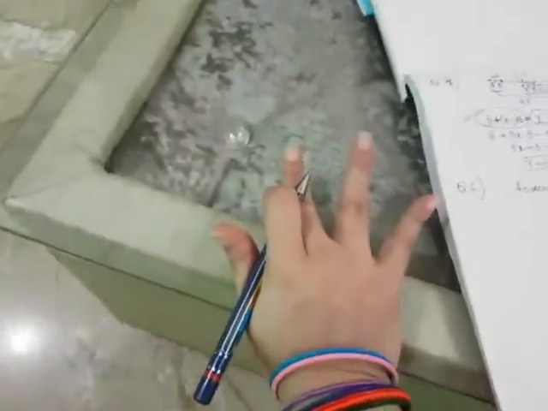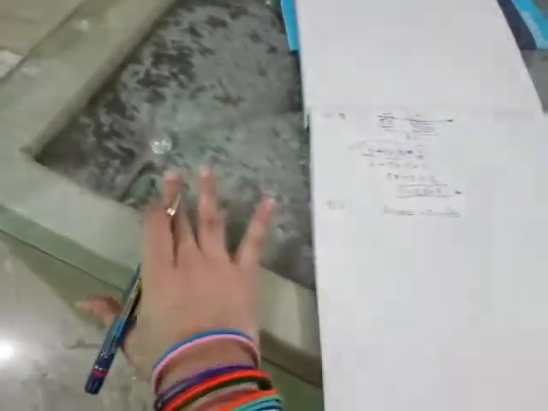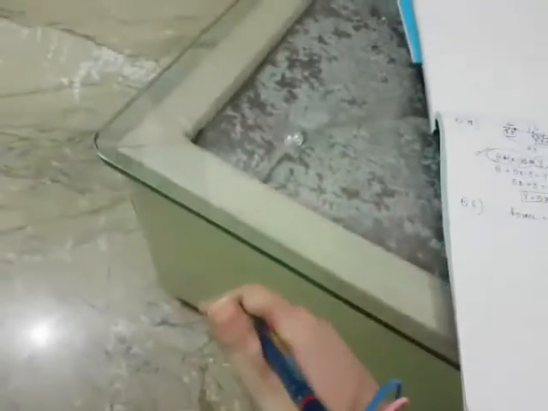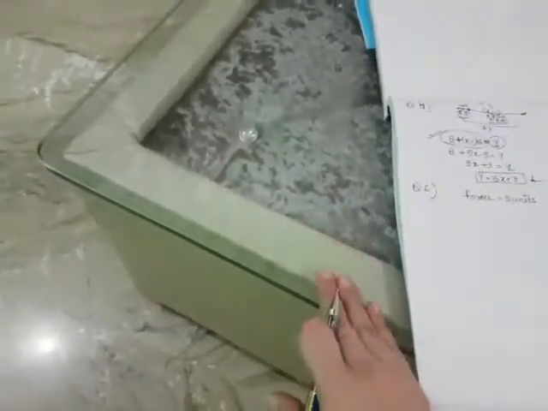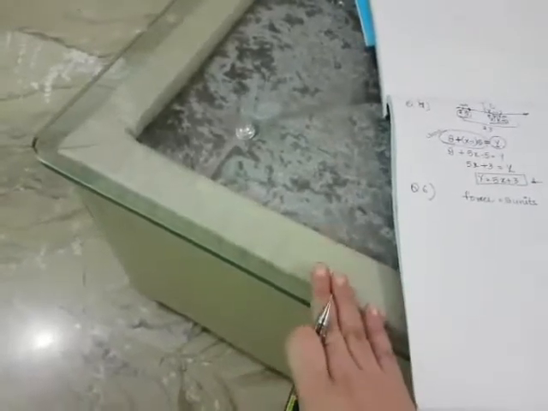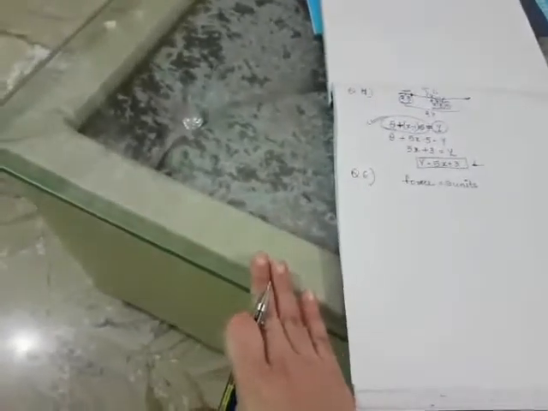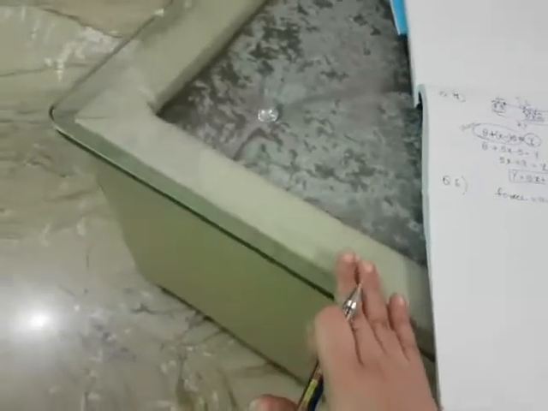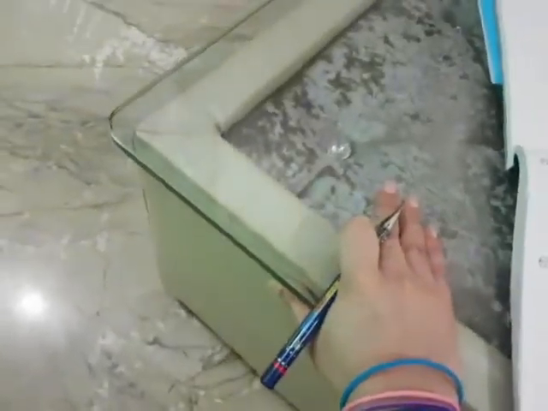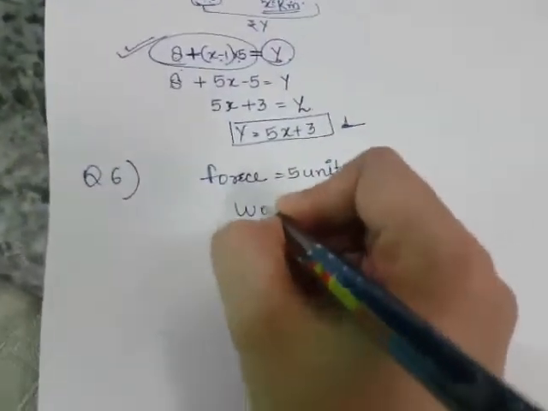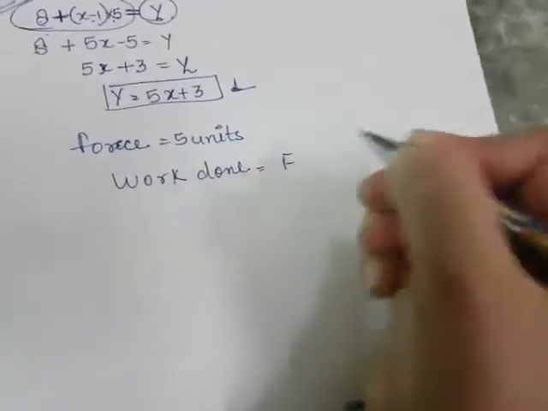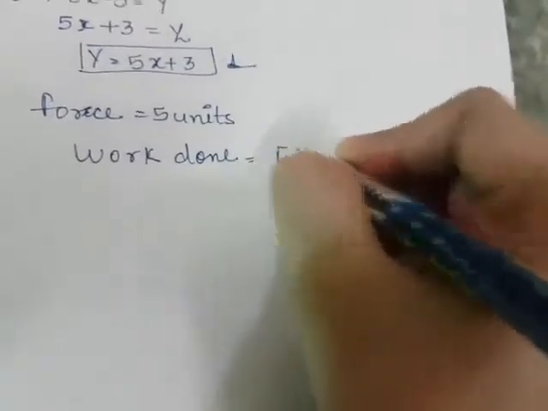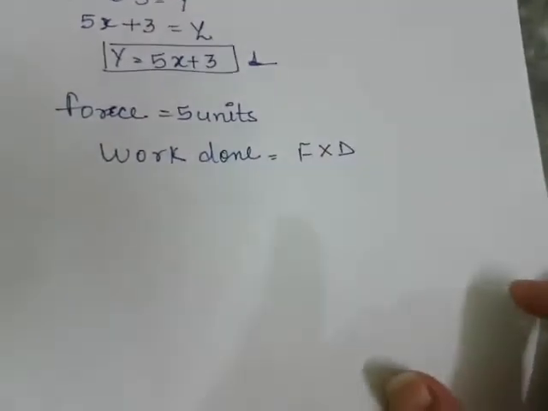जैसे ये फोर्स अप्लाई किया मैंने, तो यू कैन सी कि मेरा काम हो गया. काम क्या था, मुझे इस टेबल का प्लेस चेंज करना था. तो वर्क डन, मेरा काम कब पूरा हुआ, जब मैंने फोर्स अप्लाई किया और इस टेबल ने थोड़ा सा डिस्टेंस कवर किया. कुछ समझ में आया? तो वर्क डन कब होता है, मतलब काम हमारा कब पूरा होता है, जब हम फोर्स लगाएं और फोर्स के साथ साथ डिस्टेंस भी ट्रेवल हो.